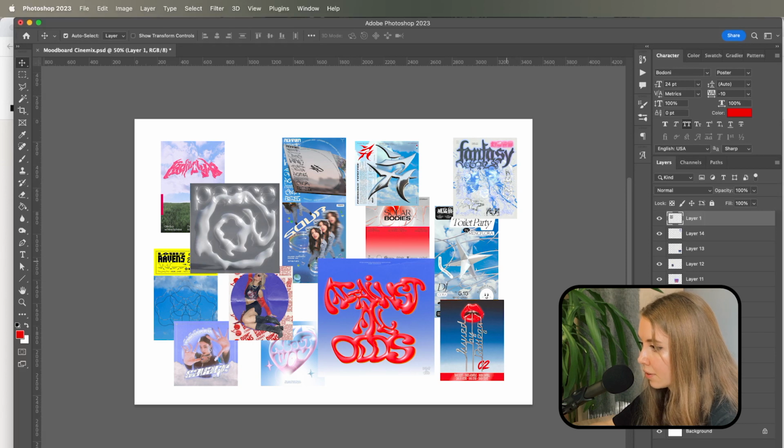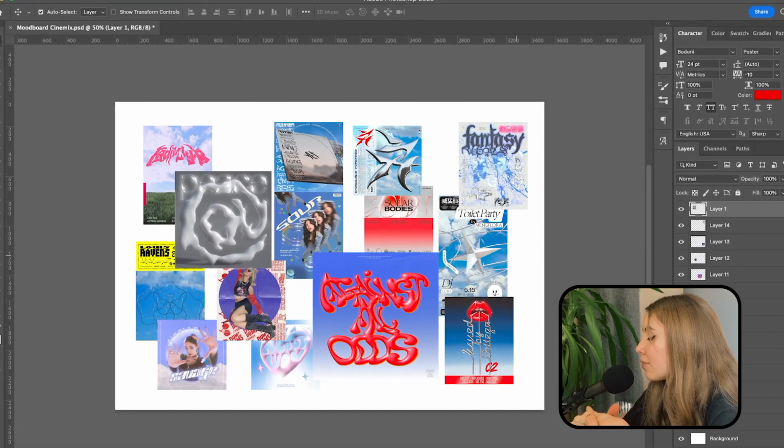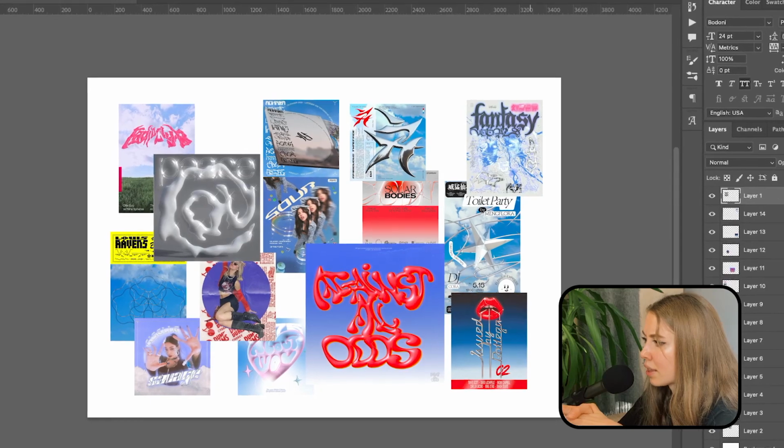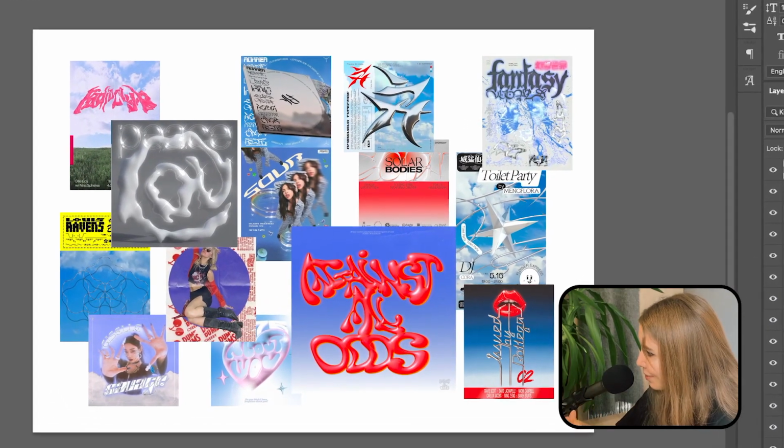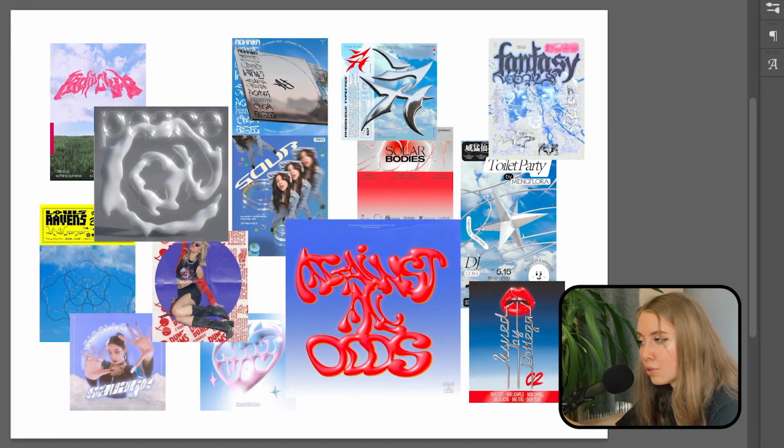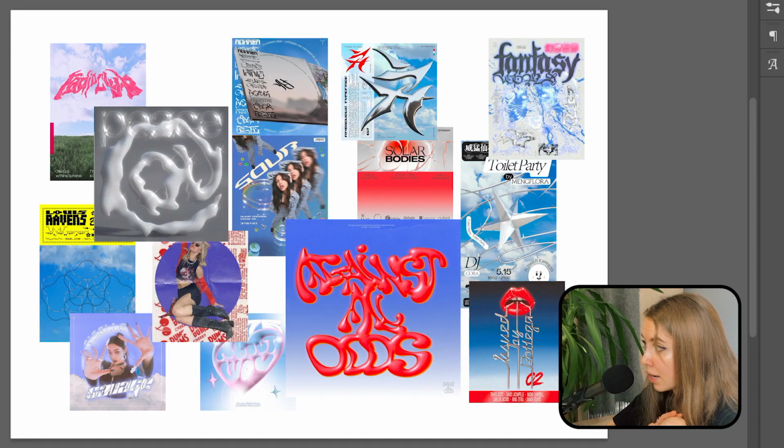Okay, so I've created a mood board from the pictures I found on Pinterest. As you can see, it's more futuristic style, kind of Y2K-ish, something that I don't normally go for, but I really love this style, to be honest. I've never been so brave to use it because I don't have much experience in that specifically, but I want to diversify my style and explore some new routes, you know. I want to try something like that.